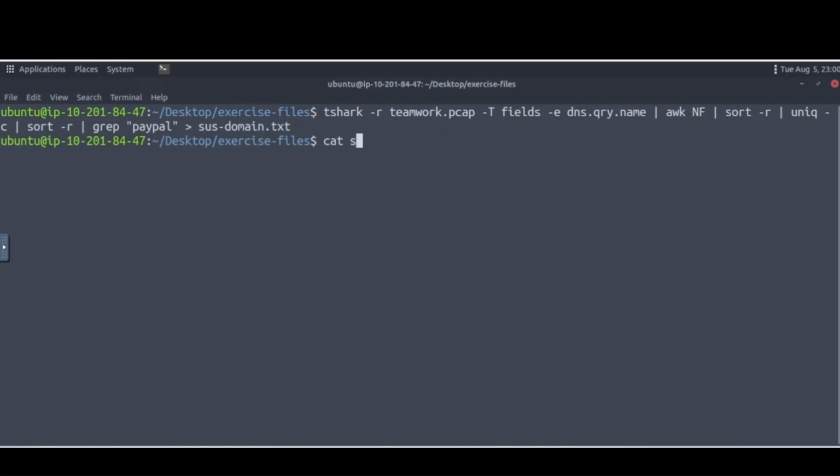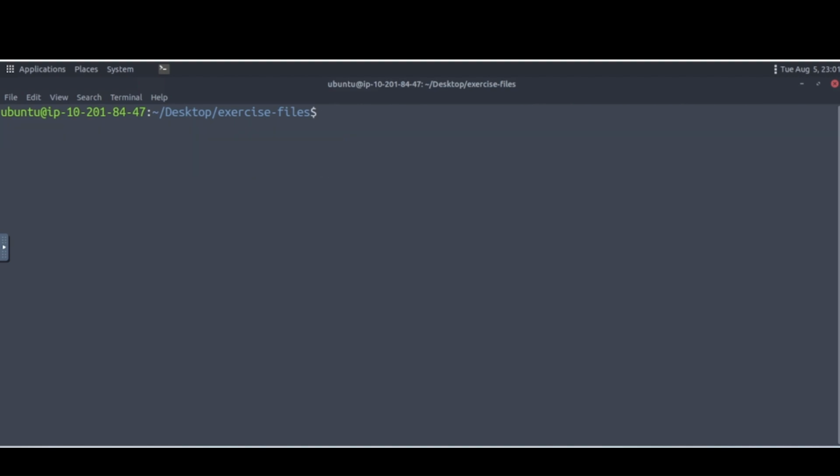Cat it. So now we have this as our evidence or proof or for our notes or whatever, right? If we are doing this in like the real world or something like that. You can do this for anything that you think you should be tracking. Okay, that's just one example. You can do it for the actual IP as well. Okay, so if we wanted to do that, you can do